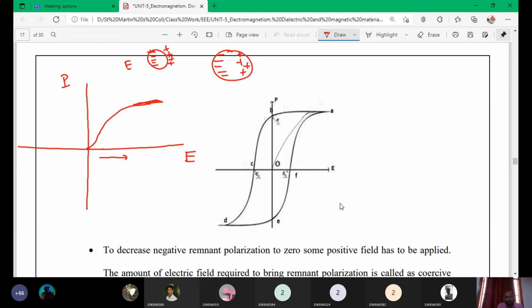After saturation, what are we doing? You are removing, or reducing, the electric field. Once you reduce the electric field, the polarization also reduces, but it does not come to zero. Still, it has some polarization. Suppose this curve, if you return back to here, suppose if you go like this and